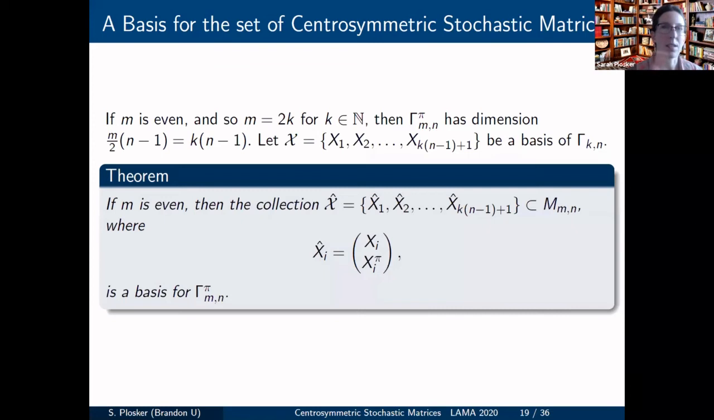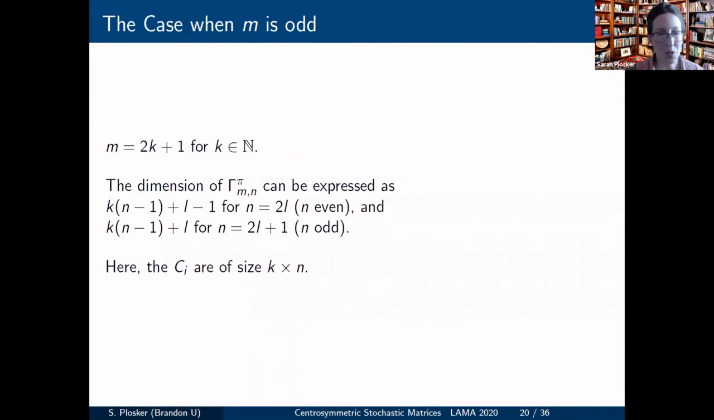So you just take the basis for half that amount. So if M is 2K, you just look at the basis that you just created for K by N, and then you stick that as the first block, and then the second block, just rotate by 180 degrees. Okay, so if M is odd, so 2K plus 1,